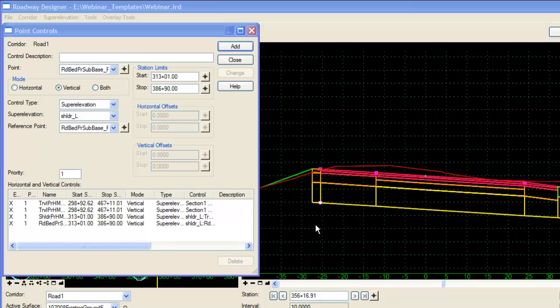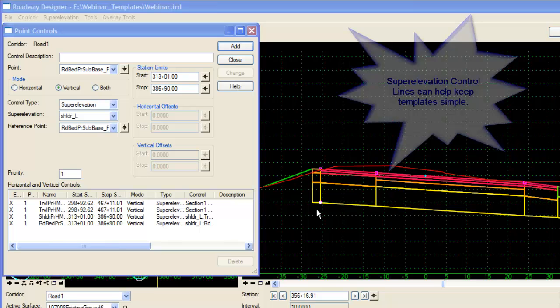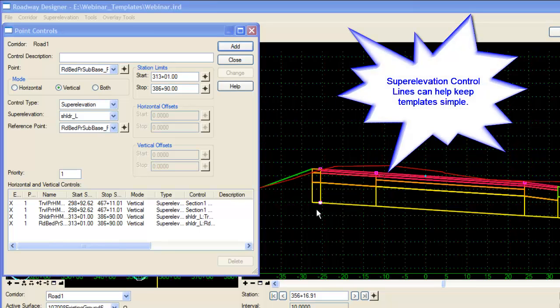All right, so by creating a superelevation control line, or even using a superelevation control line from a particular station range for the shoulder, I can create the various shoulder sloping or subbase sloping conditions under the shoulder that we require, and a lot of times in our pavement cross sections that we show on our plans. So instead of creating a lot of complicated templates that have many different subbase type conditions and then